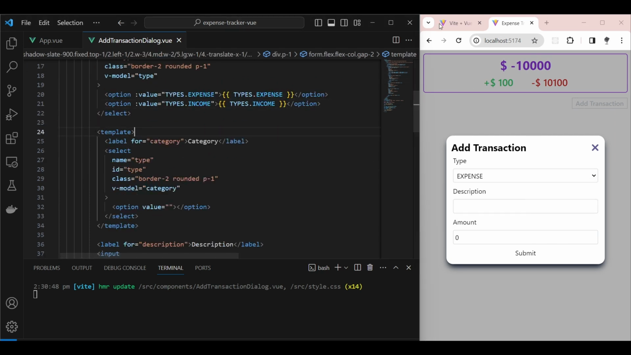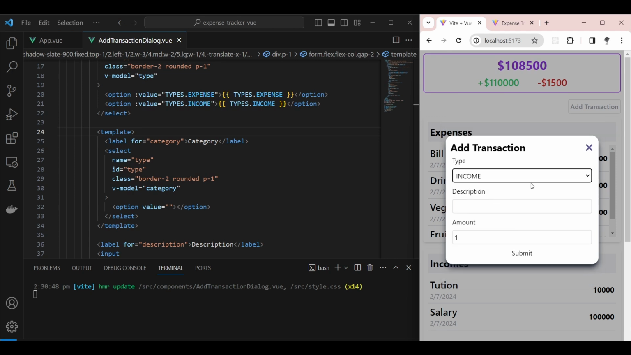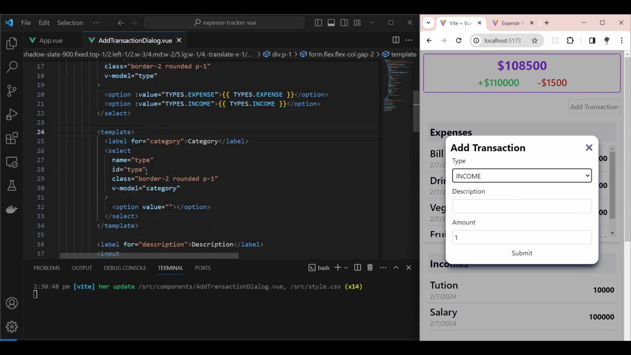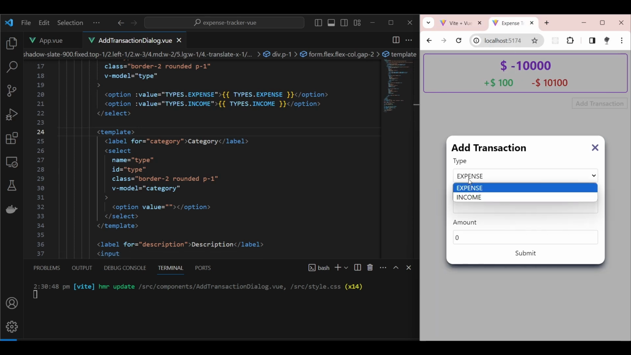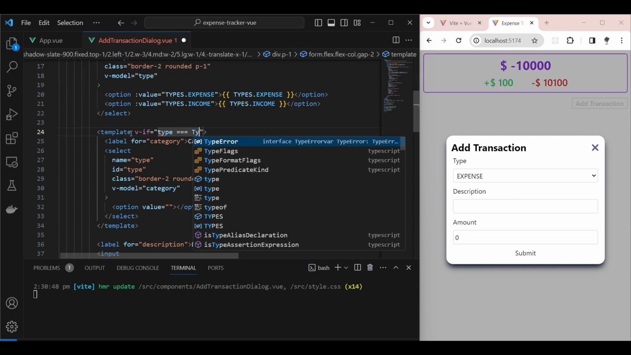And I would like the category to be only visible in the case of expense. In income, I don't want the category to be shown. So what I'll do is, sorry about that. So let me come back here. I've already created a template. So I'll just do a v-if check. If the type is equal to types.expense, only then it should be shown to the user,